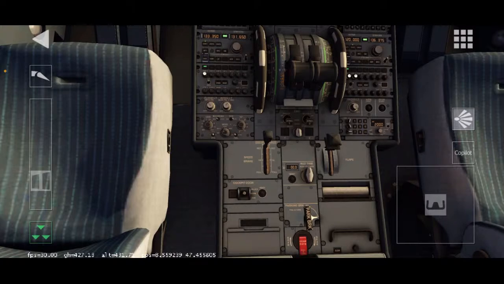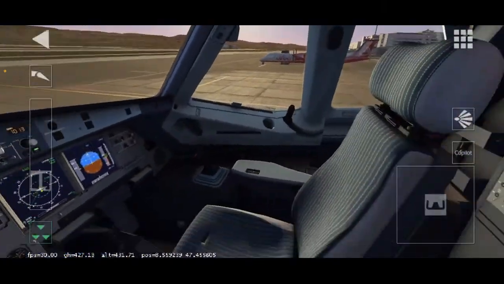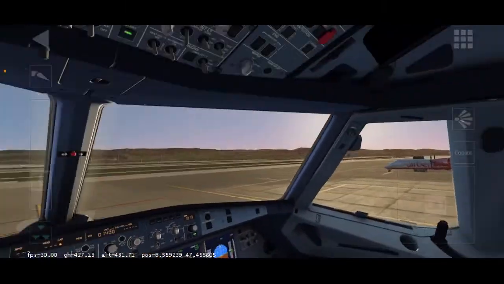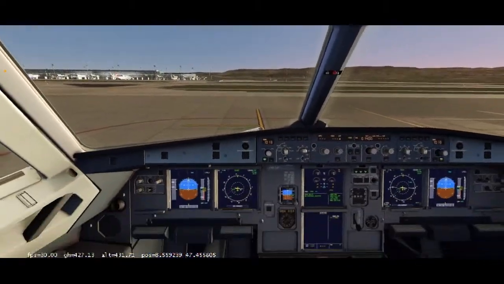Rambo says, in Aerofly packs are on by default even if you select cold and dark. Yeah, that's what I was saying. It's Copilot basically, or hashtag Aerofly. We never have to worry about the packs because it is always on.